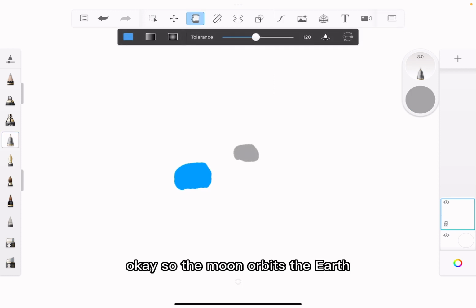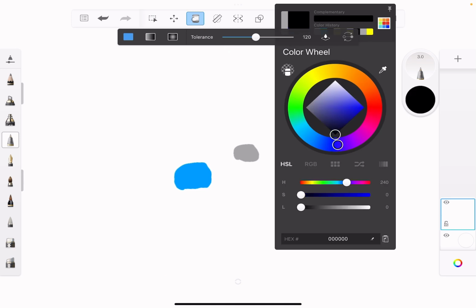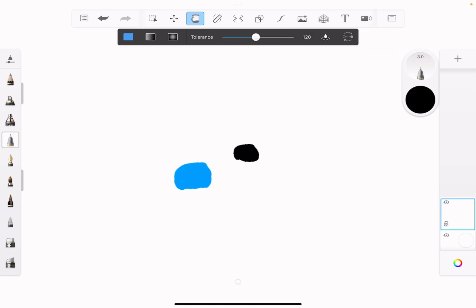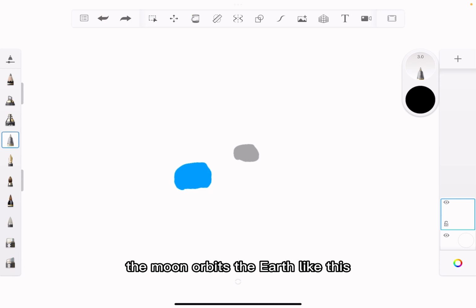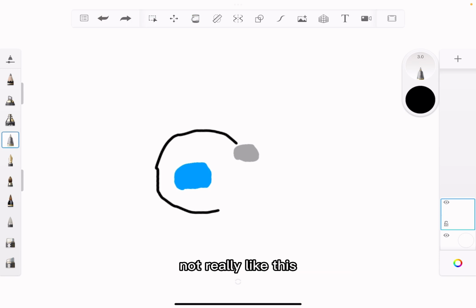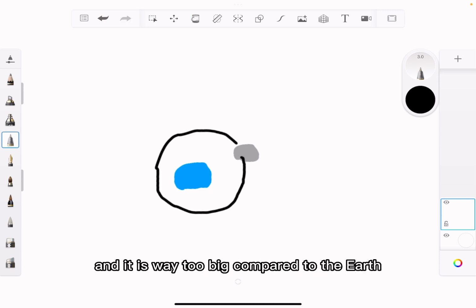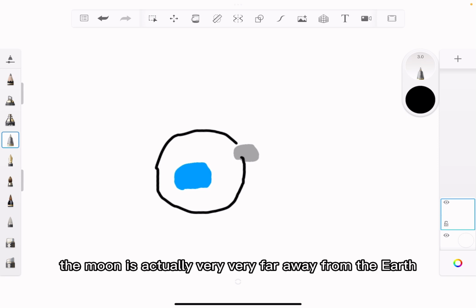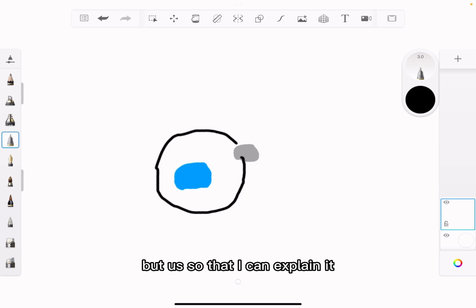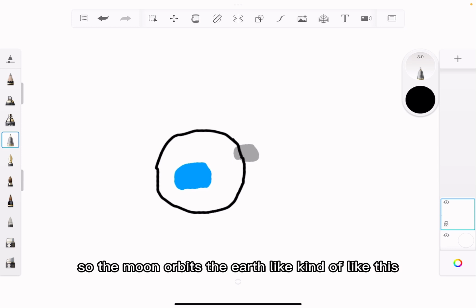So the moon orbits the Earth. The moon orbits the Earth like this, not really like this, and it is way too big compared to the Earth and way too close. The moon is actually very, very far away from the Earth, but so that I can explain it, I'm just going to make it like this. So the moon orbits the Earth kind of like this, and since the moon is the size of Australia,